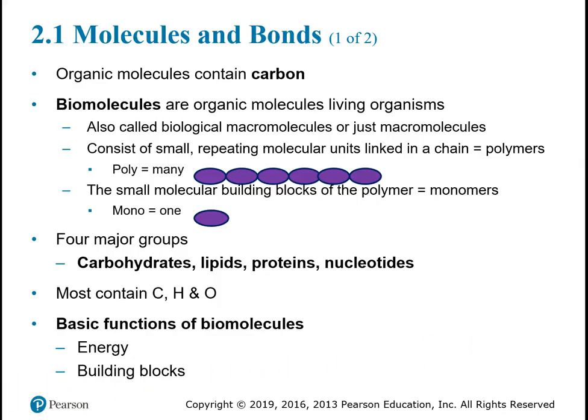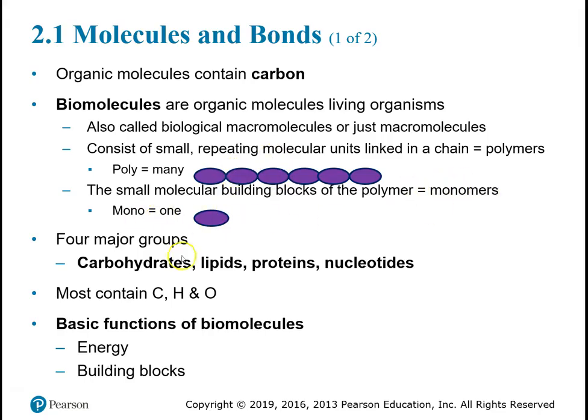Now, let's get into how this impacts us biologically. Organic molecules, what we're made up of, contain a lot of carbon. We are a massive amount of carbon. Biomolecules are the term for these molecules. They can also be called biological macromolecules or just macromolecules. These are organic, carbon-based molecules made up of very small repeating molecular units linked in a chain. These are called polymers, so the prefix poly means many, and each of these units is called a monomer, so